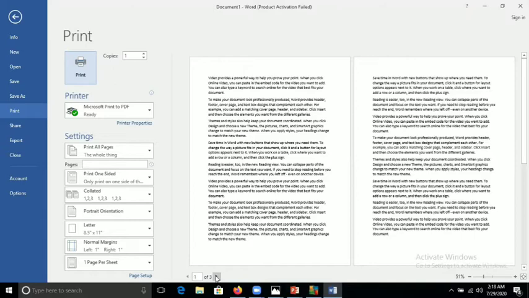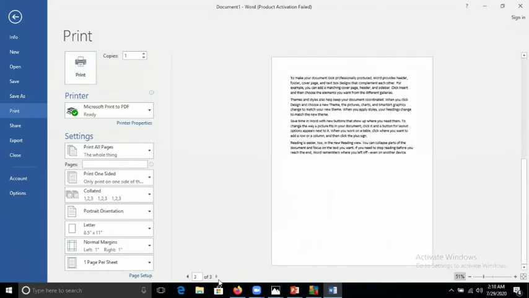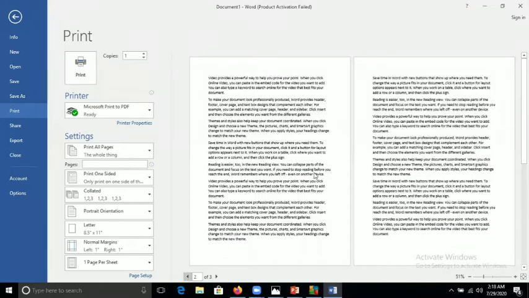Next one, this is my third page. I want to go back. So you can see here how it looks. It is in vertical format. So the default is portrait. Portrait means it will show